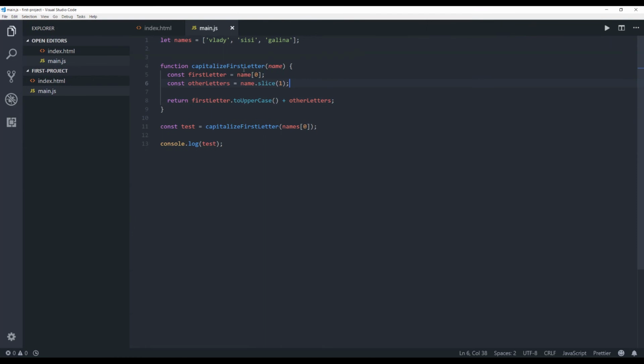All right, so we have this function. Now, how can we apply this function to all of these elements? I want to show you a really cool function that's built into all lists in JavaScript. It's called map. Now, I'll make a new variable. Let's say const newNames equals